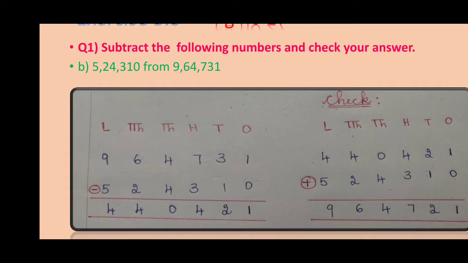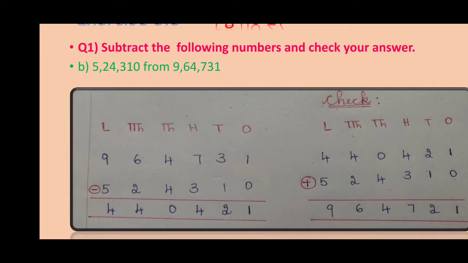Boys, if you don't know directly how to do the subtraction, you can use addition. However, you are in class 5, so you should be able to do it directly. Why? Because these are single digit numbers only. When you are doing single digit subtraction, you should be able to do it directly, without using your fingers, pen or pencil. You should be able to write directly. Am I clear? So 3 minus 1 is 2, and then come to the hundreds place.